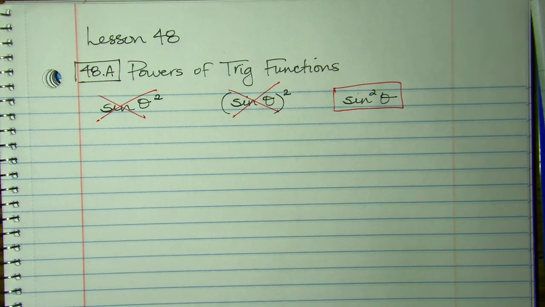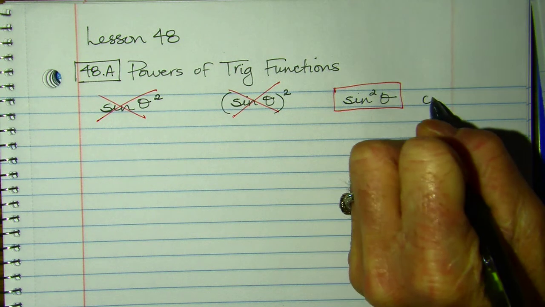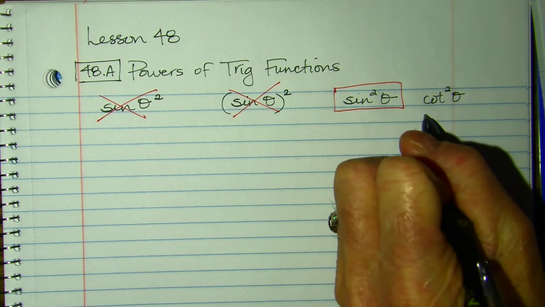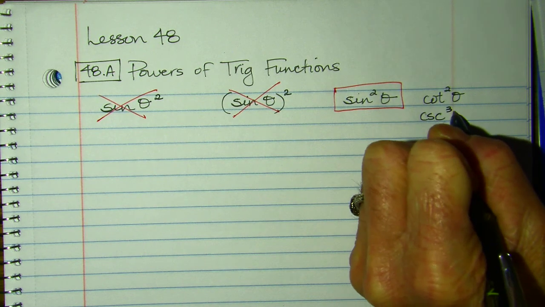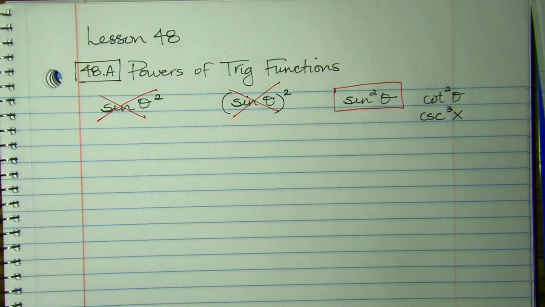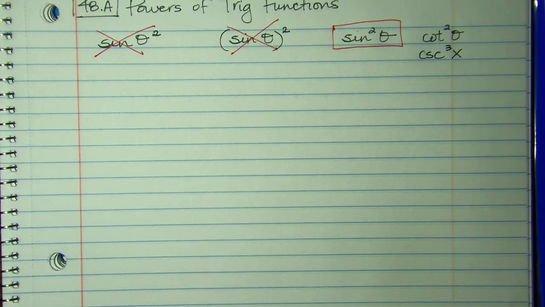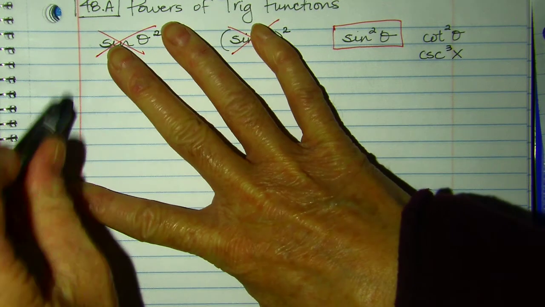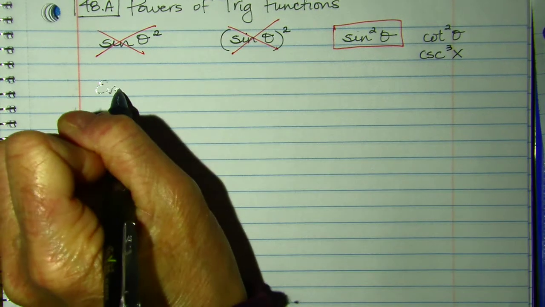And so know that your power is going to be above the sine. For example, it could be written the cotangent cubed of x, or the cosecant cubed of x. Notice where the degree is written. It's written before theta or x. That's how it should be properly written for us. So we're going to practice a couple. Number one, for all of these, we are going to evaluate